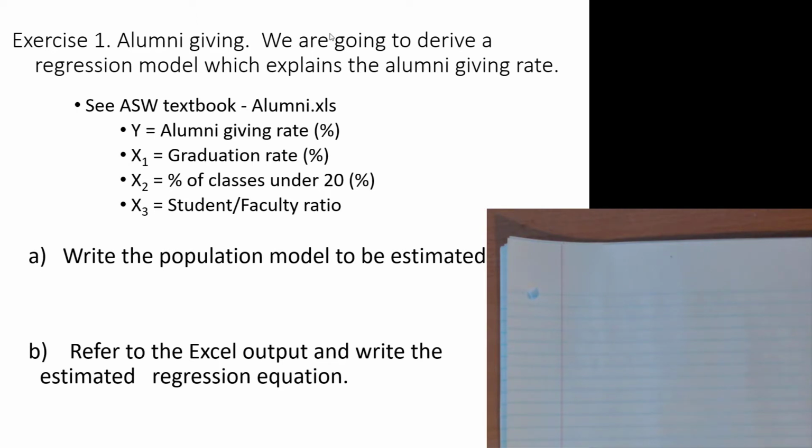Students who don't graduate tend not to donate money back to the institution. The thinking with smaller class sizes is that you get to know your classmates and the instructors, and therefore you bond more with the institution. I think there's certain validity to that. And so we'd expect that to be positively related to